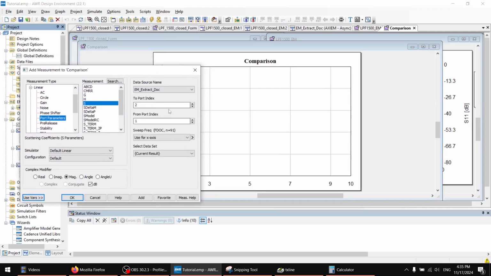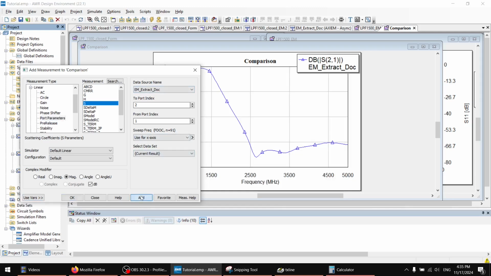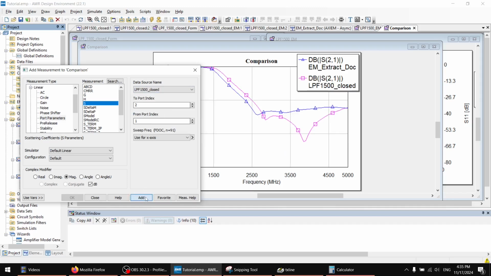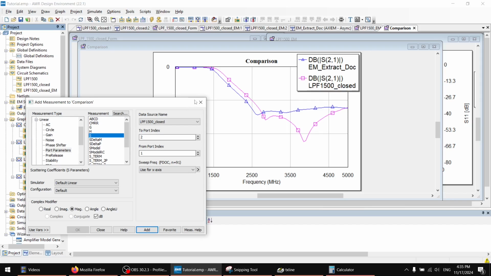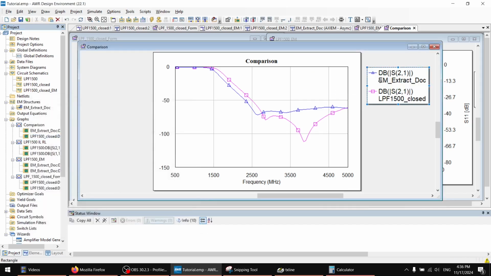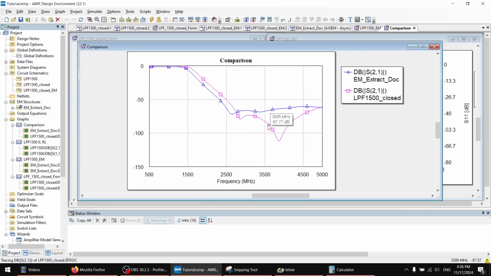Now we'll want to use different sources, and maybe let's compare only the insertion loss. Let's say that's our main priority here. So from the EM extract and also from the closed form, let's add. Okay, so what we can see from this plot, right? We've compared to the EM extraction. So this is actually our EM extraction, the blue one, and the pink one, or whatever the color this is,